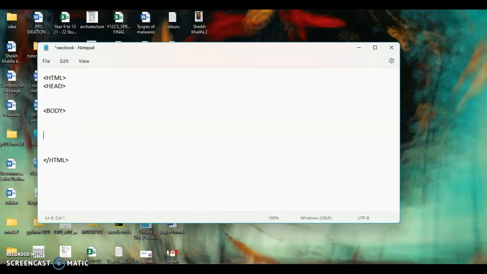So I need to close body and head as well. So this is how it is. These are the basic tags for the structure of the HTML web page. Inside this, I can keep the title. So I'm going to keep the title here, title,